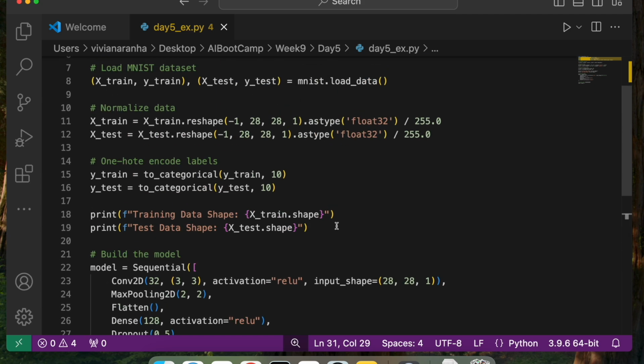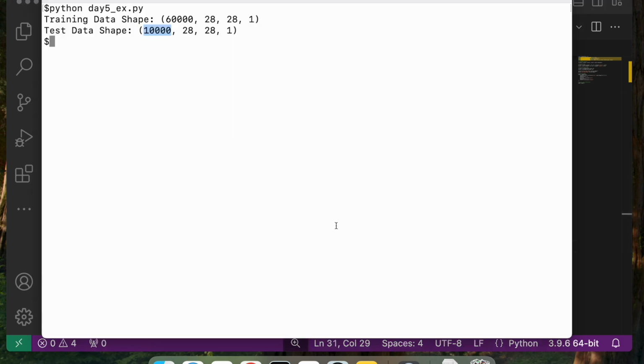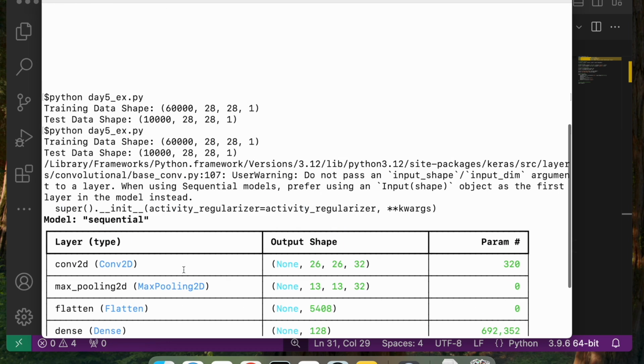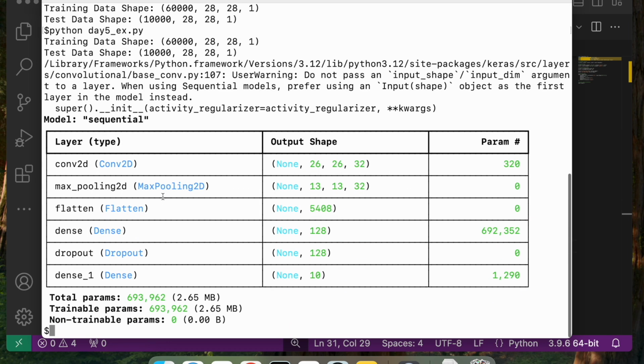Let's go ahead and run this just to play around with it. I'm going to run it, and there you go. It did all the things and it gave me my layer definition here. You see Conv2D, MaxPooling2D, Flatten, Dense, Dropout, and Dense_1, and it showed you the output shape from each and gave you different parameter numbers here. Total parameters is these many, trainable parameters are these, non-trainable. So it gives you a summary of the entire model that we have created.